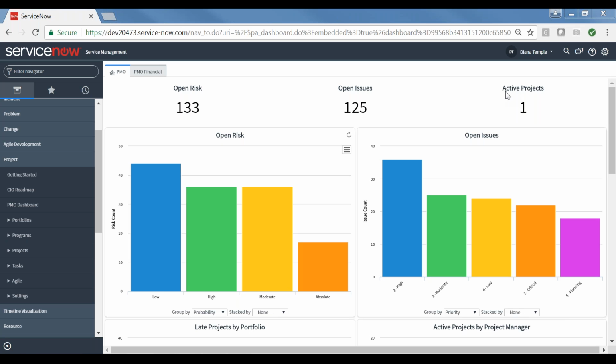Okay, fantastic. So I have logged in as Diana Temple, who is a project portfolio manager. First thing we want to do is take a look at the entire project application in ServiceNow. So over on the left, I have the project application and all of the associated modules within it. The project application consists of portfolio management, program management, project tasks, Agile, and settings, which is primarily used by system